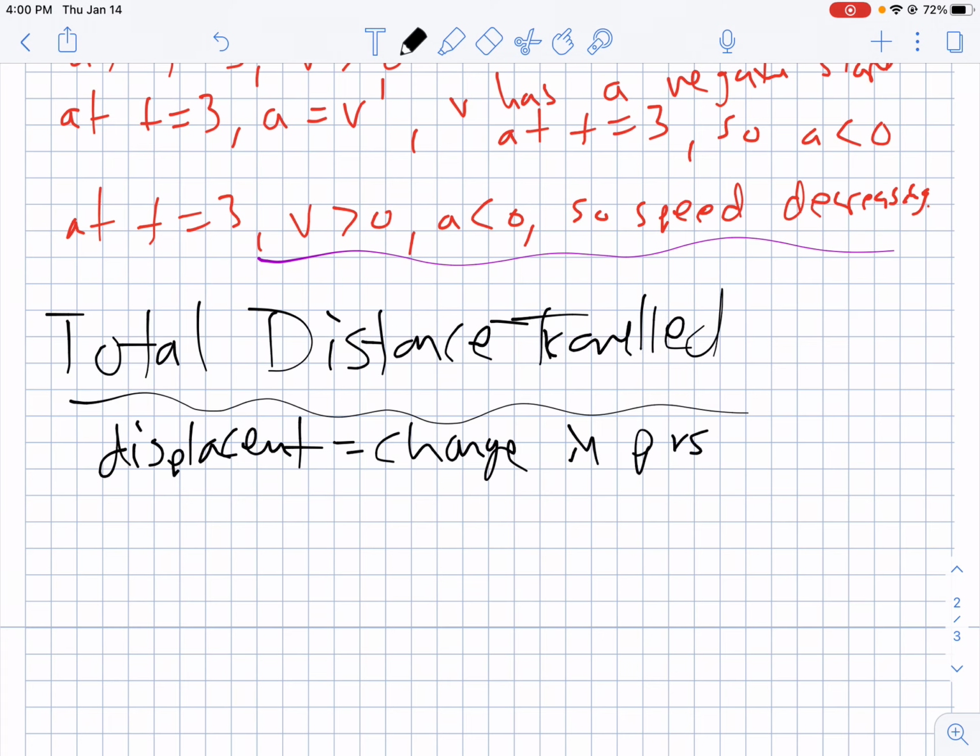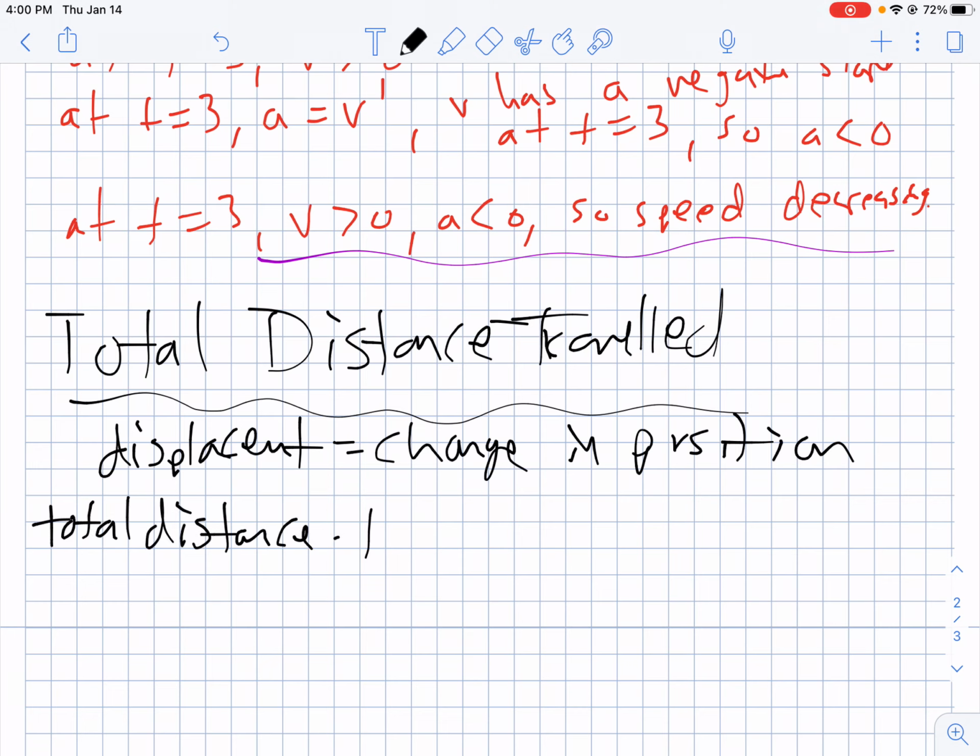But that doesn't mean that you didn't run at all, right? You could have run 3 miles. It's just your final and your initial position are the same, so you had no displacement. But you want to find out how much did I travel? And the way you do that, so you want to account for movement in a forward direction and a backward direction, is you want to say your total distance traveled,